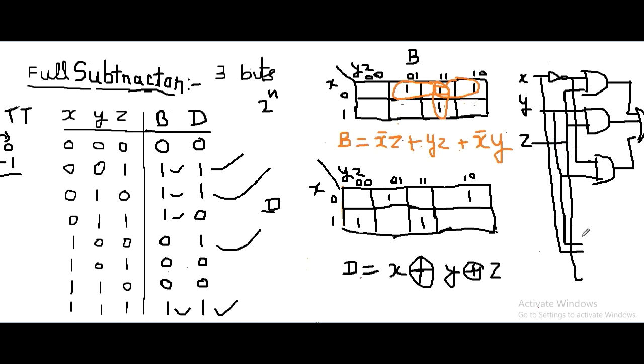So this is your XOR gate, x, y and z are fed into this, and it gives the output D, and here we got the output B. So this is your logic circuit for the